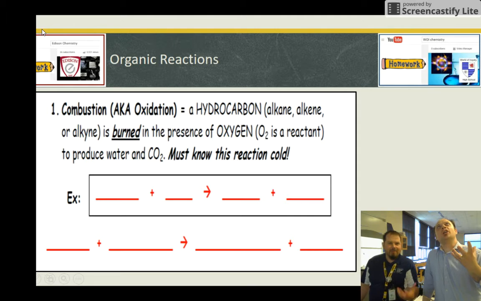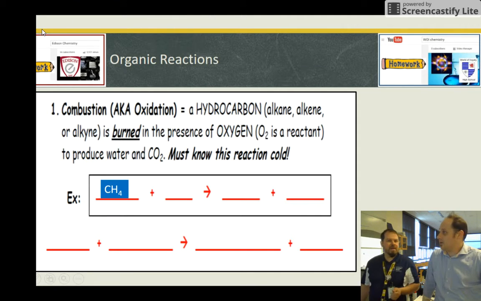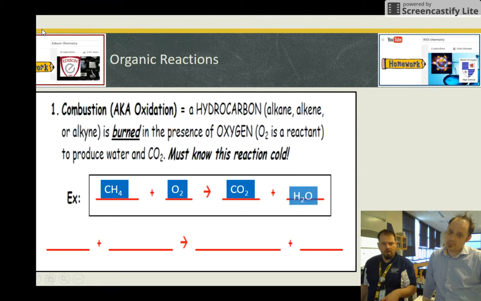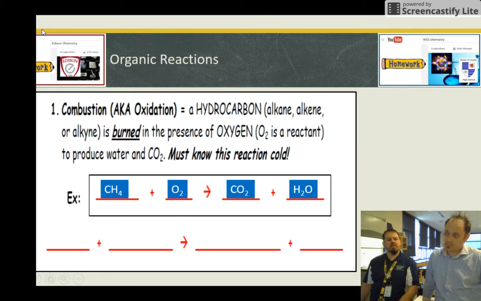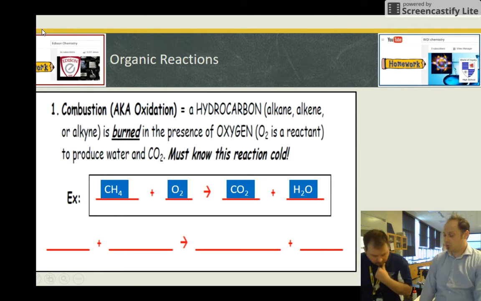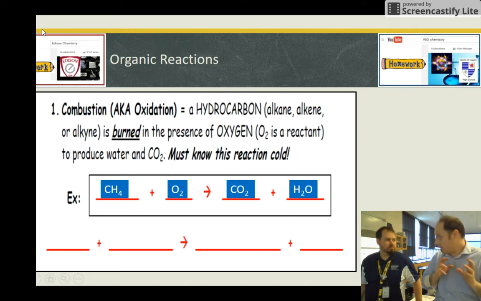Combustion. Fire. So we need methane in this case. We need a hydrocarbon. Always in the presence of oxygen. You've got to have oxygen. That's part of that fire triangle, right? And the spark hits, and I always produce carbon dioxide and water. This is a guaranteed thing. Absolutely, every time. So you know you've got combustion by seeing the 2 products of carbon dioxide and water, and the 2 reactants, a hydrocarbon